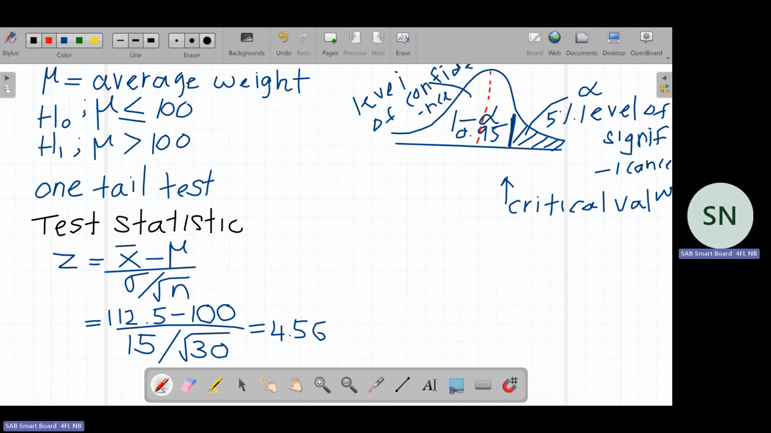Okay, then here 0.05, here 0.45. Half of it is 0.5. That's behind it. Then we remove the alpha value. It means 5%. The remaining is 0.45. It's clear? Then we need to find out what the Z value is when the probability is